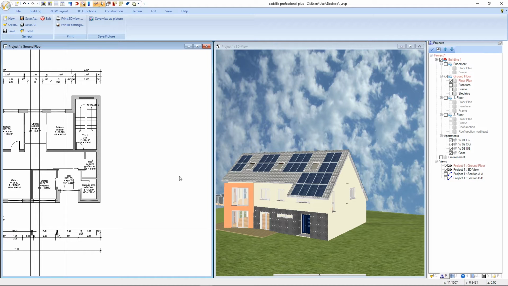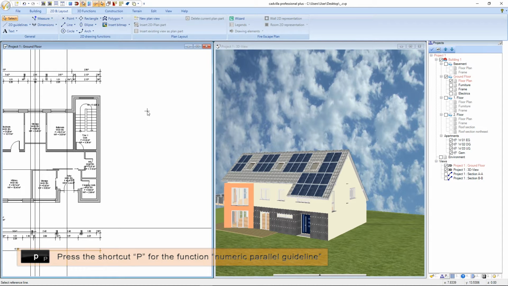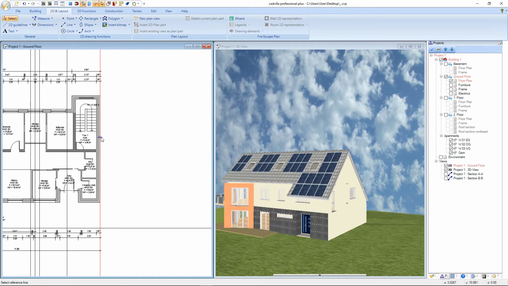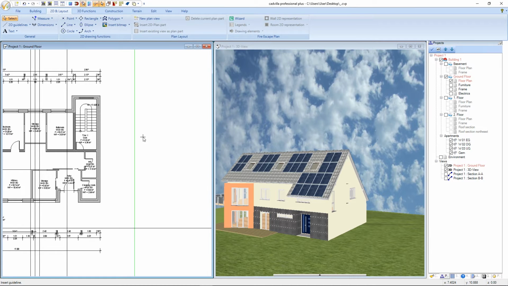Therefore, we select 2D and Layout, 2D Guidelines, Guideline, and for example the numeric parallel guideline, or we close this window and we press the shortcut P for the function numeric parallel guideline. The first guideline goes from this line into this direction in a distance of, for example, 3.50 meters. We confirm with Enter. One more guideline